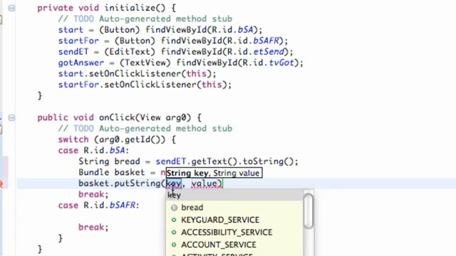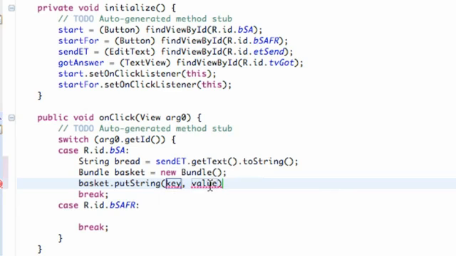And basically what a key is, this is kind of the reference. This is kind of the file name, so our next activity can look for that file name. That's basically what a key is, and then our value is going to be what we're passing, which is going to be bread. So we're going to say bread right here, again referring to that string we set up, which will be whatever our edit text is. And now we just need to label this key, so we're going to say